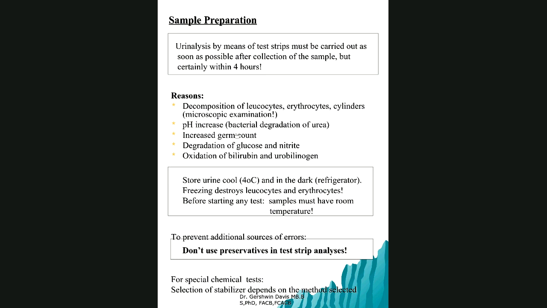If you don't do it right away, you may likely get things like increase in pH, increase in germ count, degradation. Let me explain increase in germ count. Typical example I use every time is if you have a diabetic patient, and the diabetic patient has a few bacteria in the urine. If you allow that urine sample to sit on the desktop for any length of time, what you might find happening is that, that's a good culture media, and you have increased multiplication of the bacteria, and then you can get a false positive diagnosis of UTI.